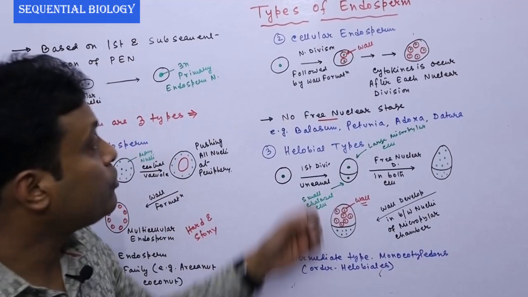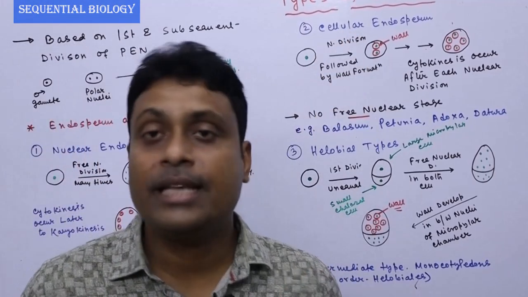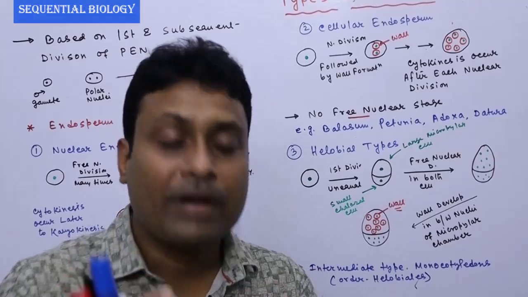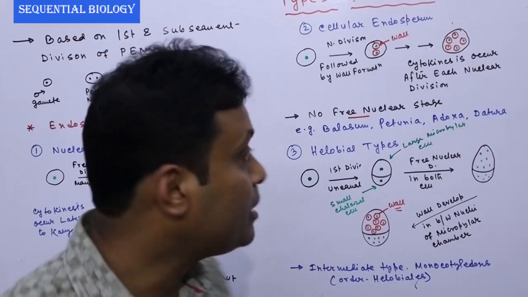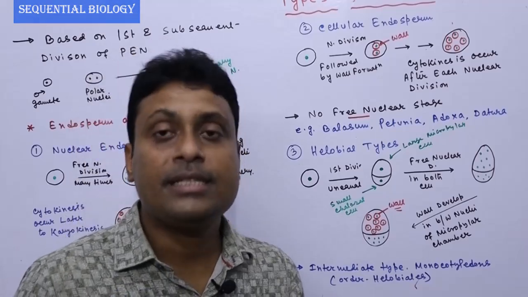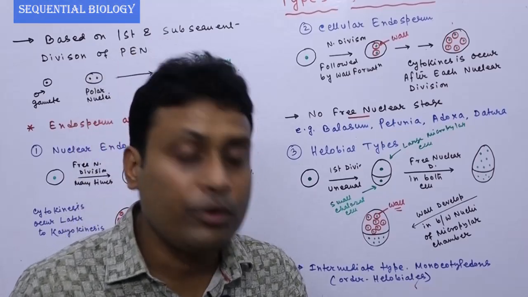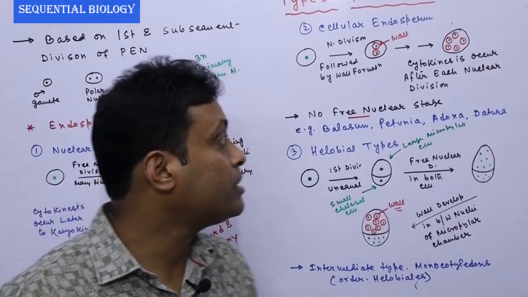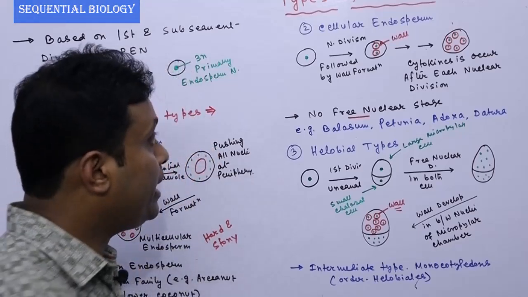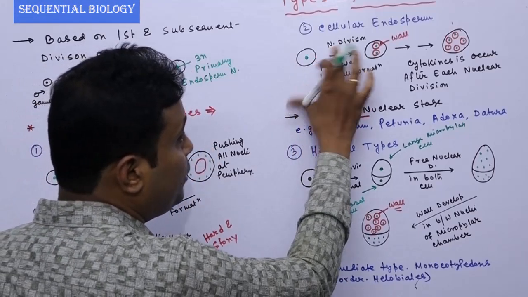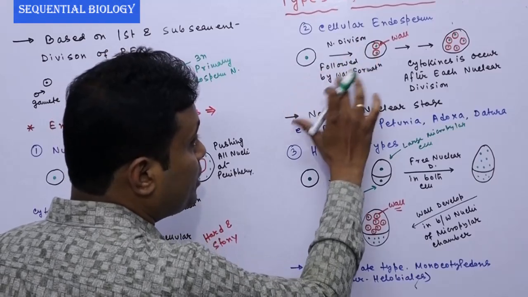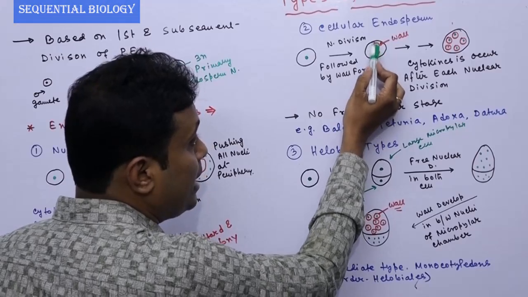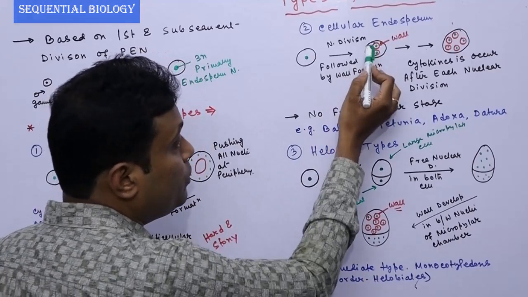The next type of endosperm is the cellular endosperm. An individual cell is formed after karyokinesis, when cytokinesis occurs. Next again karyokinesis occurs, and then again cytokinesis occurs, and in this way many cells are formed, and these cells simultaneously produce many cells, which causes the development of cellular endosperm. So this is the primary endosperm nucleus. First the nuclear division, followed by wall formation. The primary endosperm nucleus undergoes karyokinesis, which produces two nuclei,